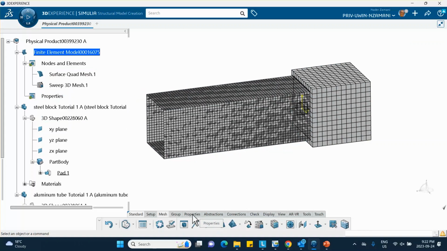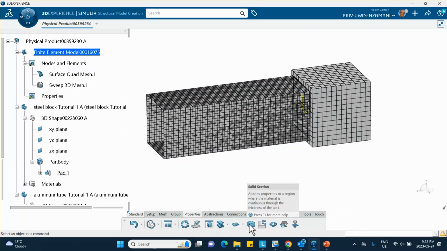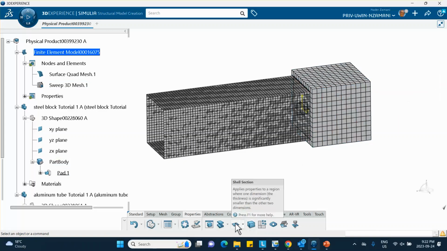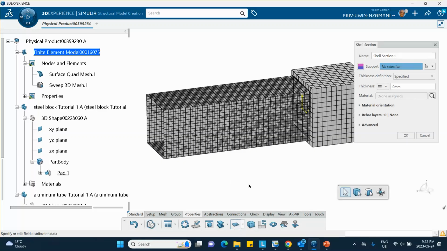So you click on the properties here. Let's do the solid one, the solid section. You click on it. Now we have to take this three-dimensional object. You select it, part body. Notice that the material is selected correctly, steel, and you say OK. And then you do the shells section. You select this whole thing,